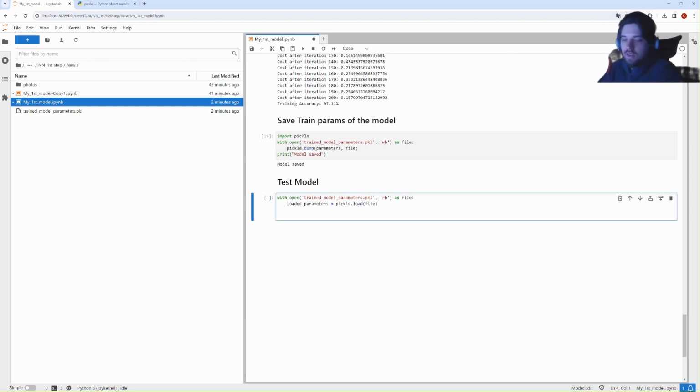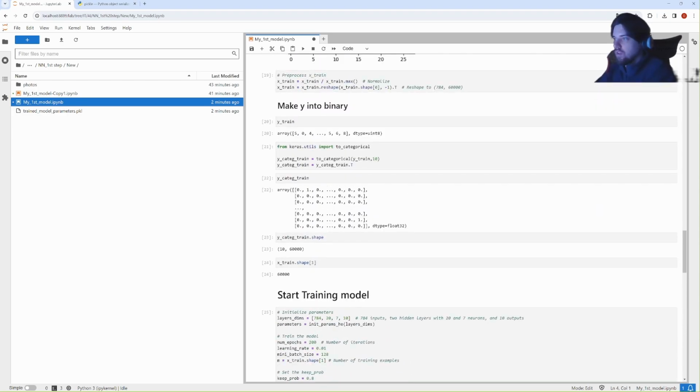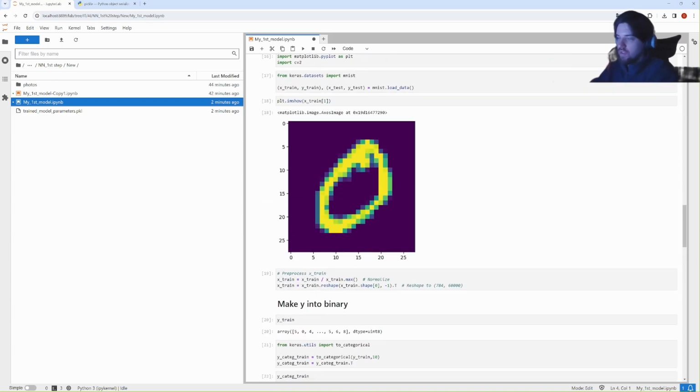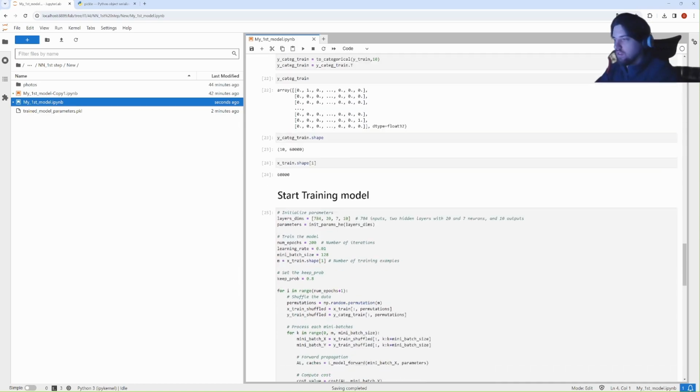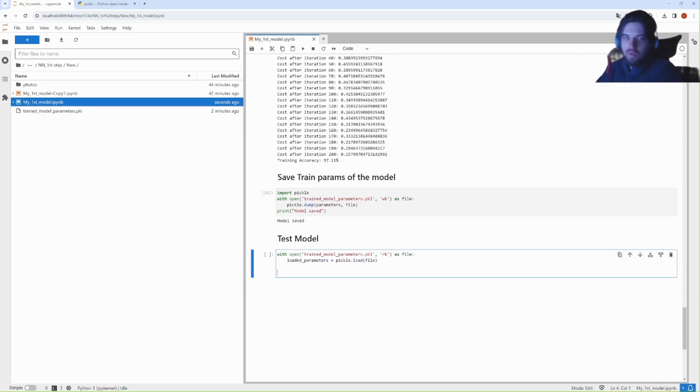Okay. Next we have to import the dataset and use it in our parameters. So we use xtest equals xtest